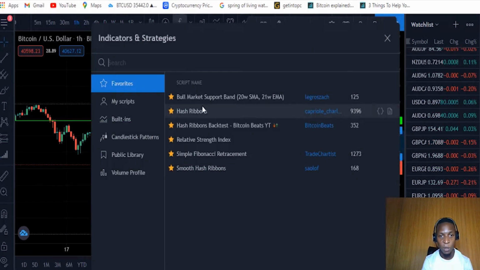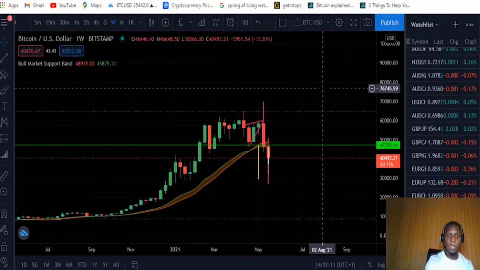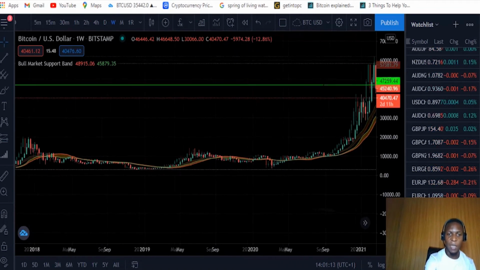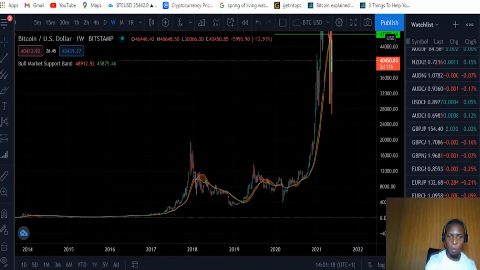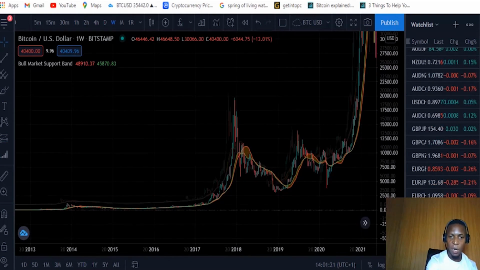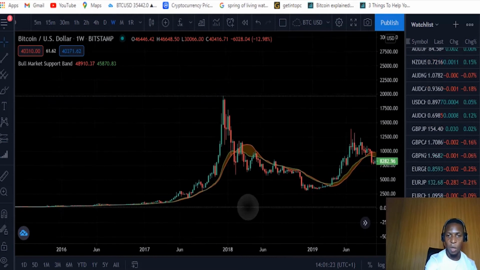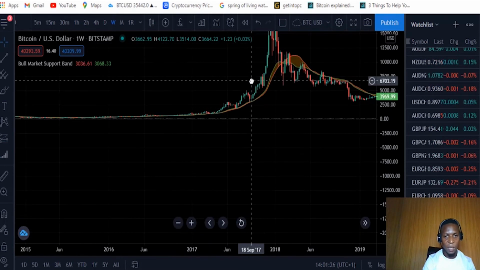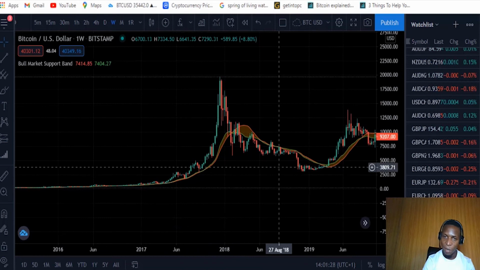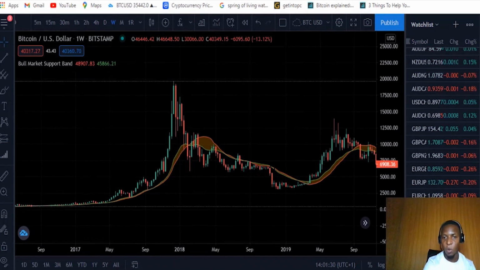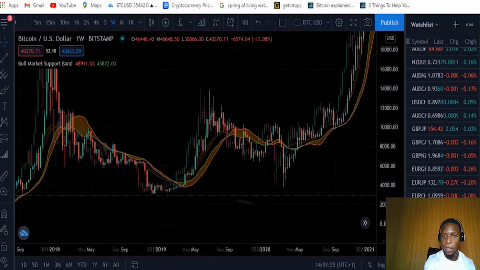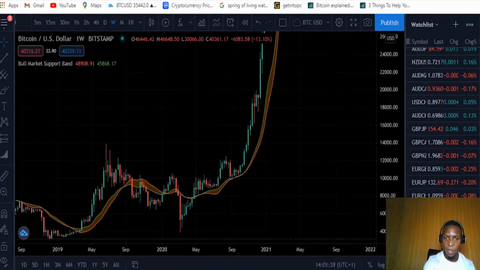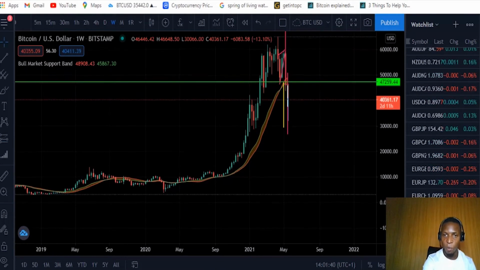Let's look at some information. Okay, the weekly EMA. Checking this weekly EMA, we can see that anytime we break above it, like this time we broke above it right here, that was 2017, it went high, and when we broke below it, it came low. It was acting as support and resistance, serving as resistance. And when it broke above it, it moved high, where it consolidated right here, and presently it has been above it.